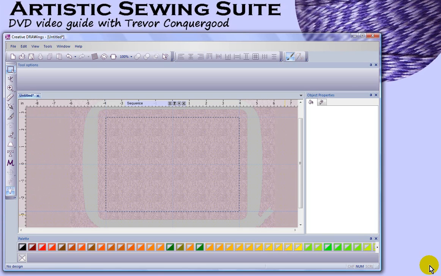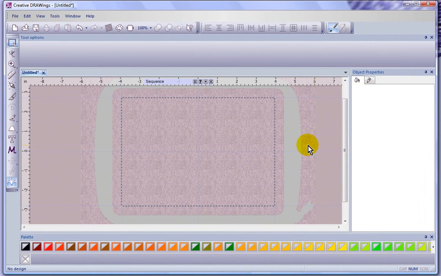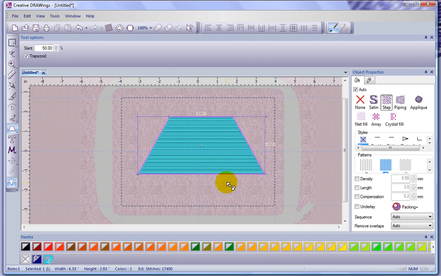In this segment, I'm going to take a look at how you can create a shape and then apply an array either to the outline of the shape or to the fill of that shape. And you'll be able to choose your array from your clipart library or from objects that we create. So I'll show all of those different things. And to get started, I'm just going to choose a simple shape object tool and draw some sort of an